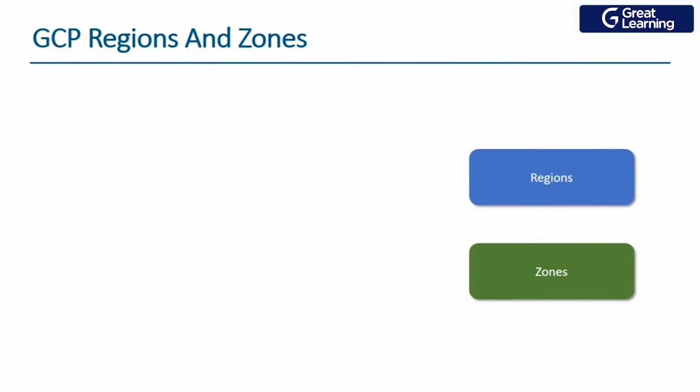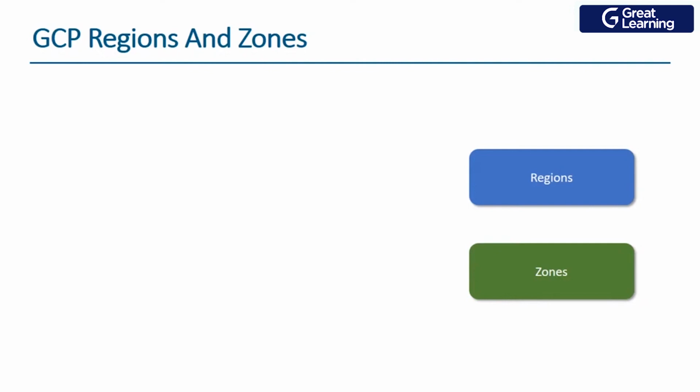Okay, and then the next point is your zones. So guys, understand one thing: the geographical region where you plan to put your data is called a region. Suppose GCP has a data center in N country, so the region where the data center lies is called a GCP region, for strategic or logical regioning. So when you say a GCP region, it is nothing but a geographical location where the data center lies,